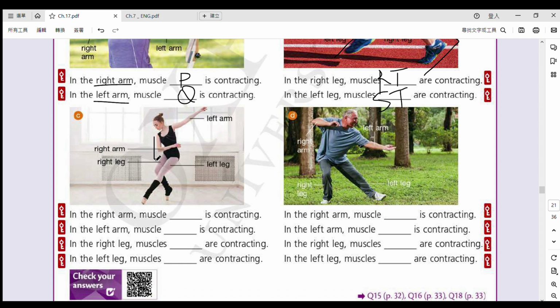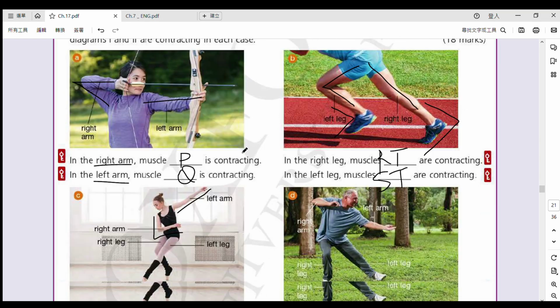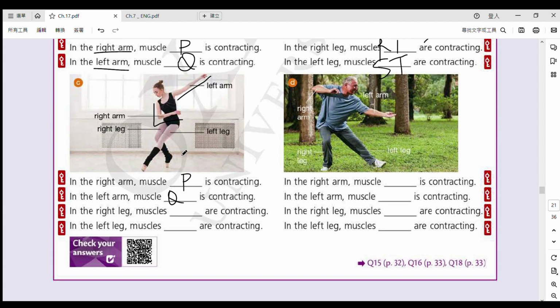OK，好，再嚟啦，look at this female over here，睇一睇呢一個嘅女人啦。OK，right arm，right arm bending，left arm straightened，easy。right arm 嘅話 bending 係 P，straightening 係 Q。